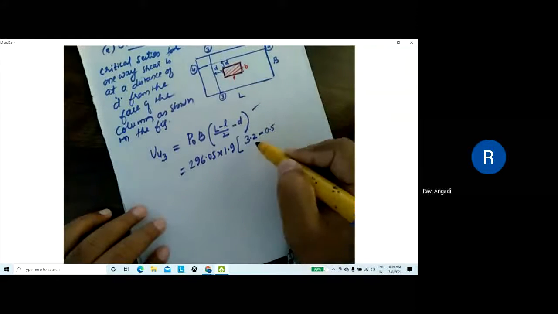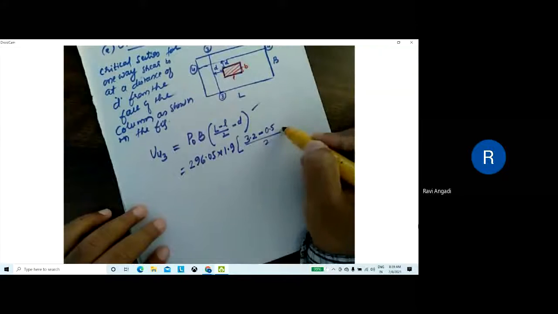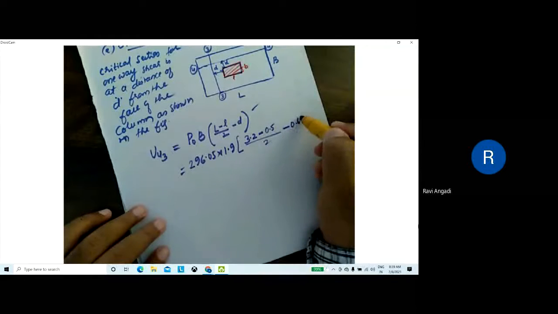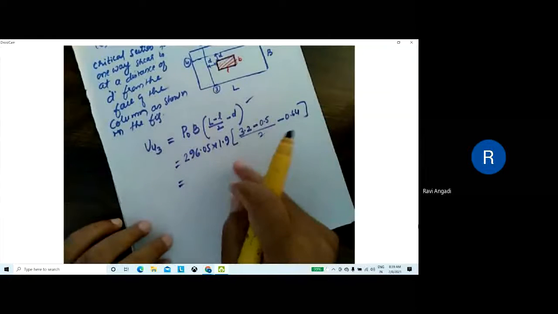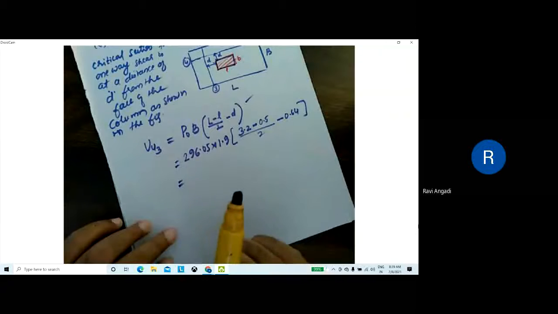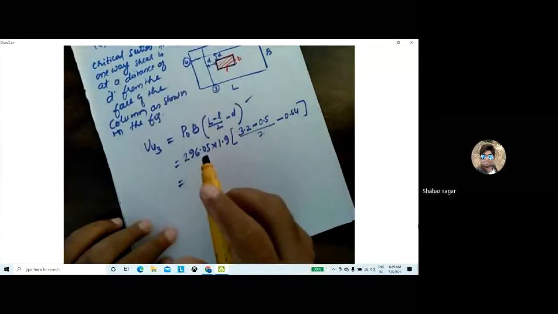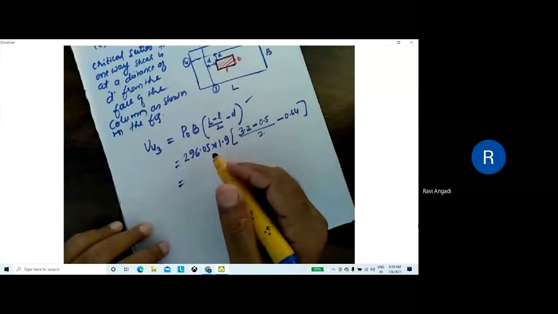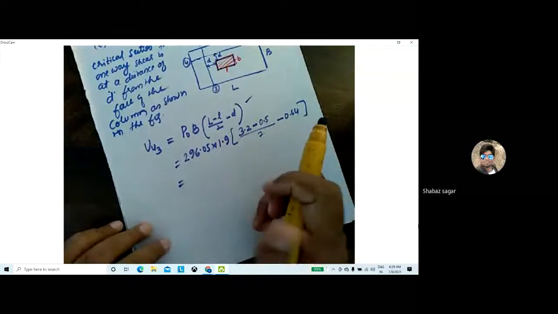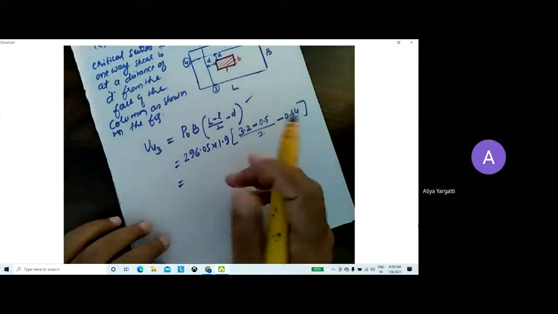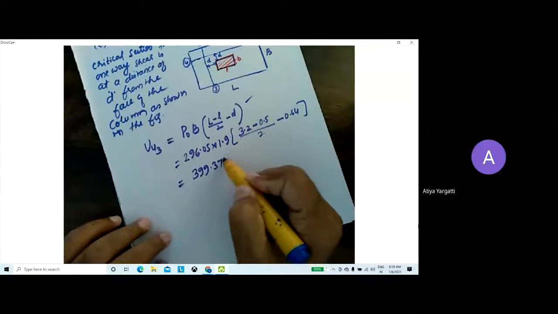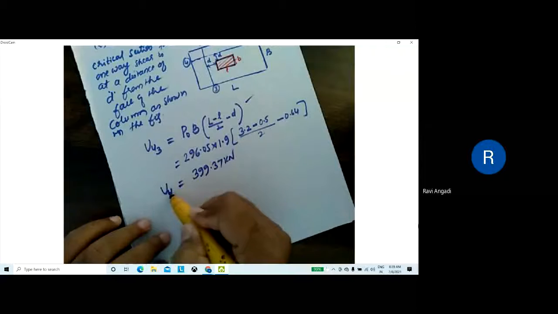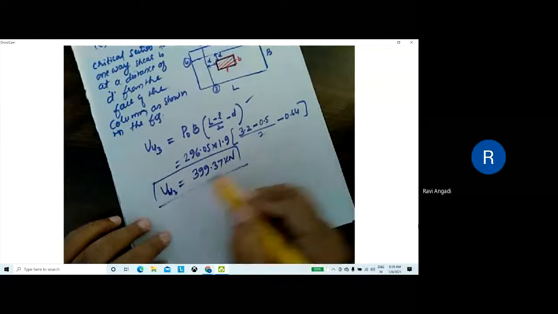It's 0.5 divided by 2, minus depth of the footing, 0.64. What answer do you get here? 399.37. 399.37 kilonewton. Correct. This is the shear force at section 3-3.